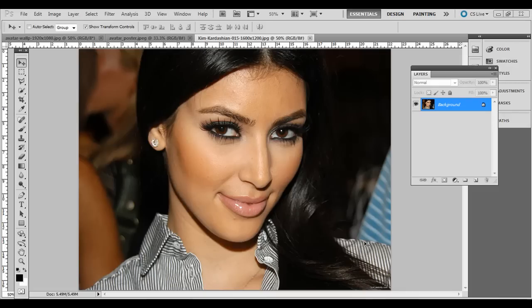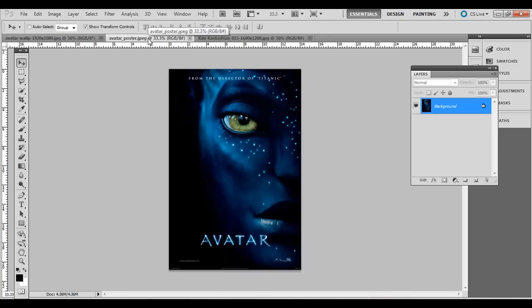Today I'm going to go over how to do an avatar effect on a person's face. With this example, I use Kim Kardashian. I have the avatar poster up. As you can see, it's kind of a bluish tone, but you keep the texture underneath, some brighter dots, and